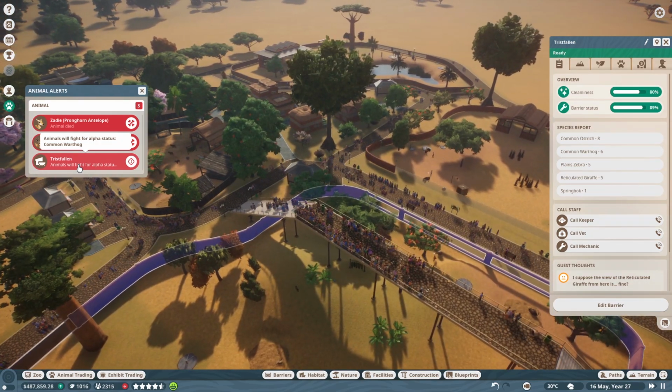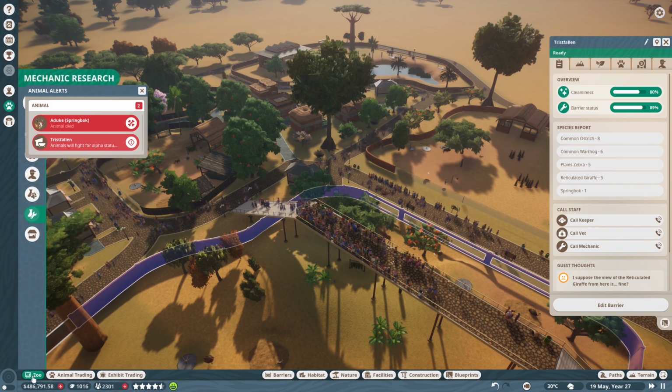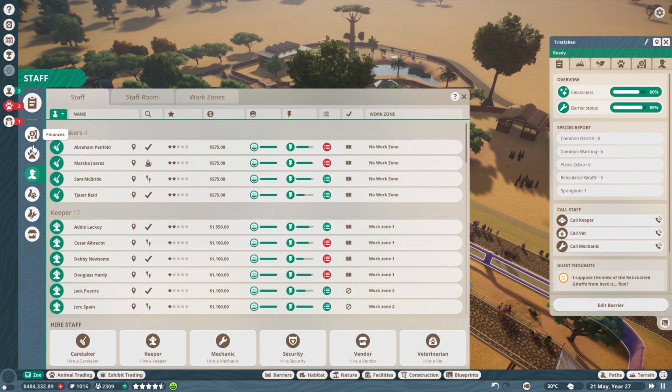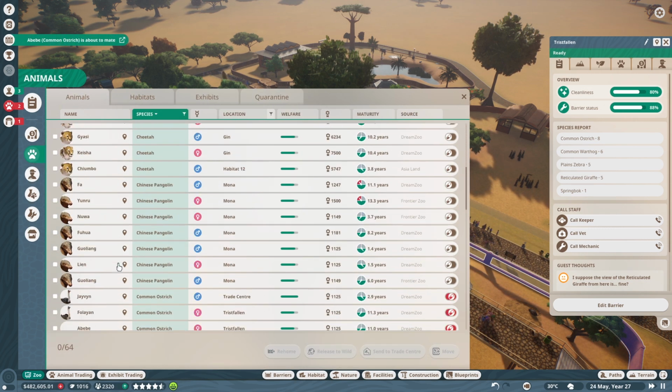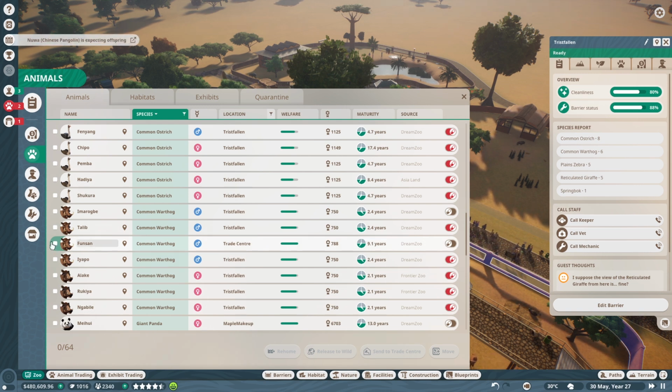I don't understand why the Warthog is going to fight for alpha status. Oh, I should have gotten rid of more of the boys then, shouldn't I, if they were going to do that? I didn't think that they would. Animals. Warthogs. Oh, we've got like bajillions of boys. Oh no. Oh no. So we'll get rid of...